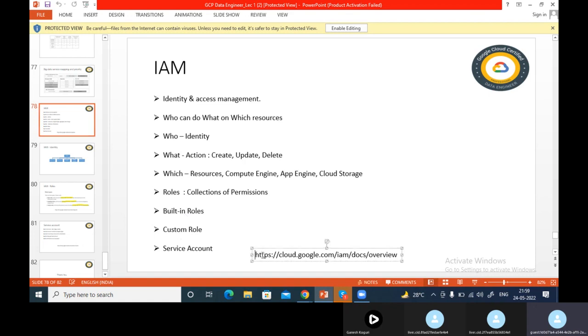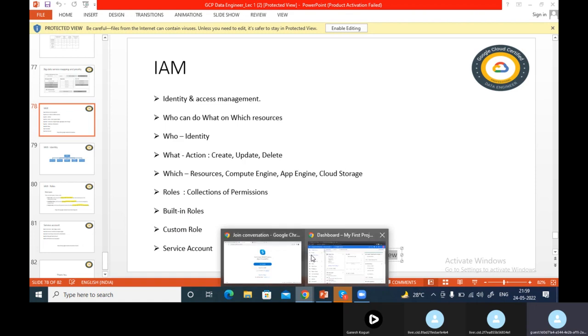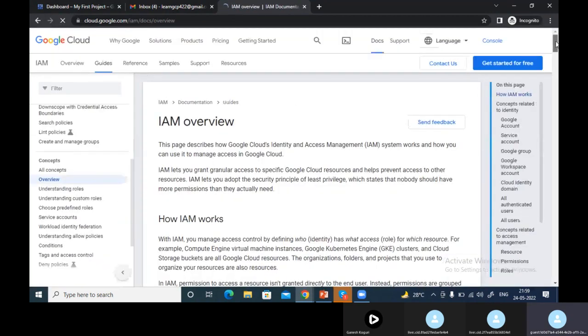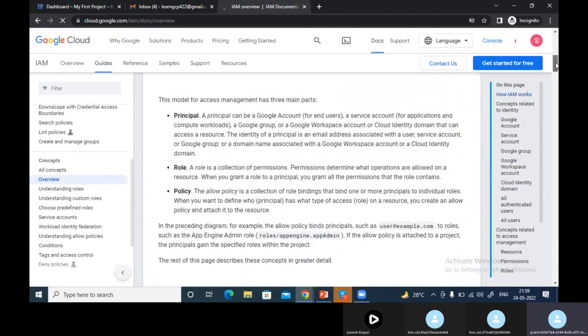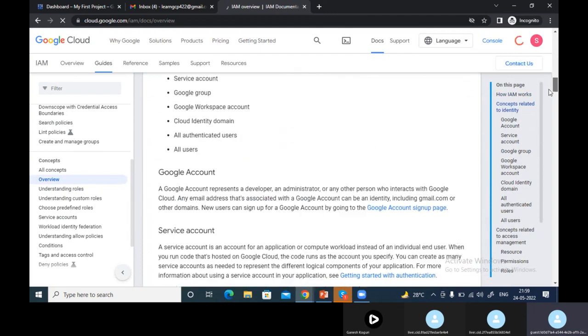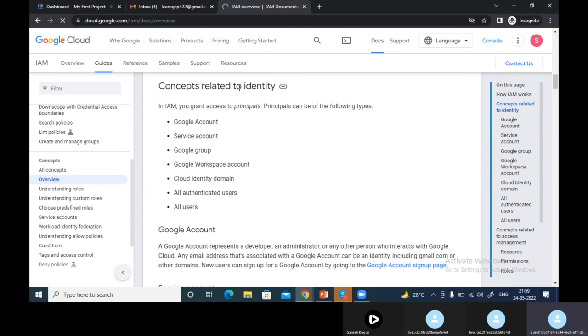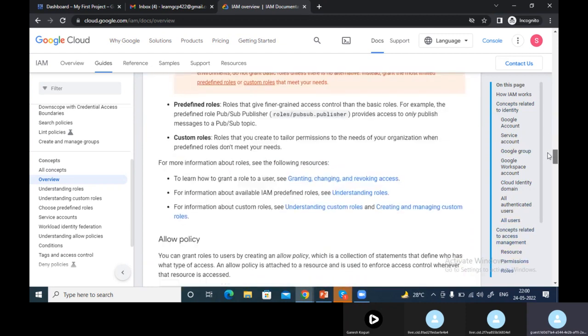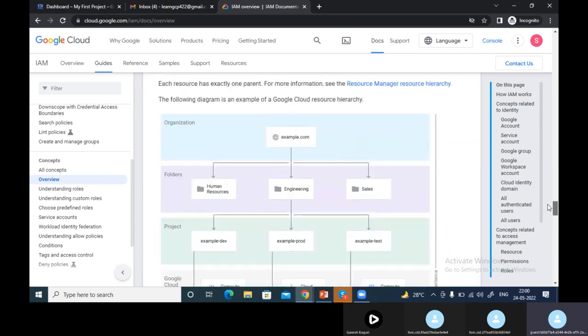So this is the official page of Google Cloud where you will also get all this information. Let's go there. Yeah, so this is the official Google Cloud document for IAM. Here you can see all that information which we discussed about roles and all. And when I say identity, let's understand how Google Cloud works, how the hierarchy of Google Cloud is organized or designed. So you can see